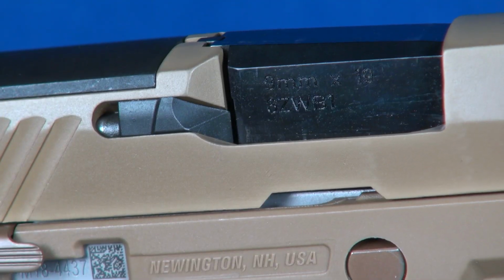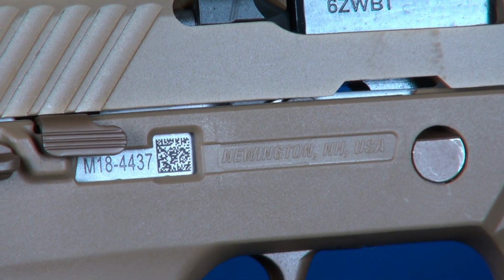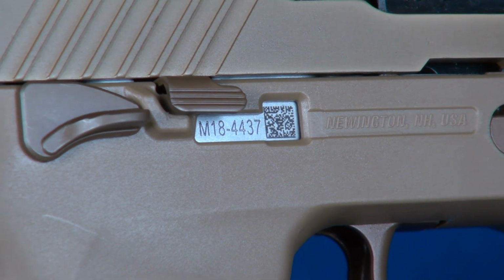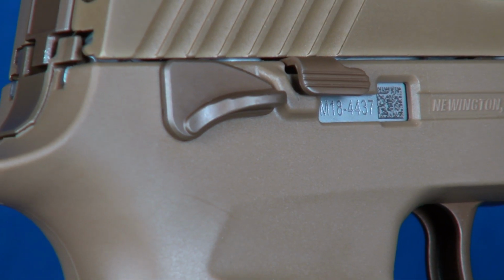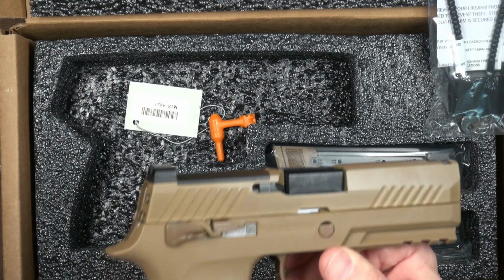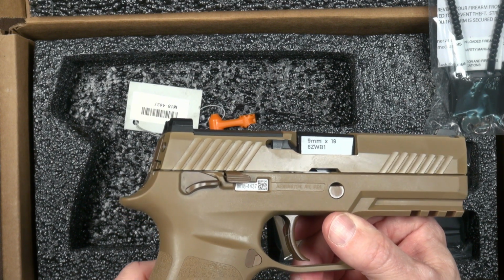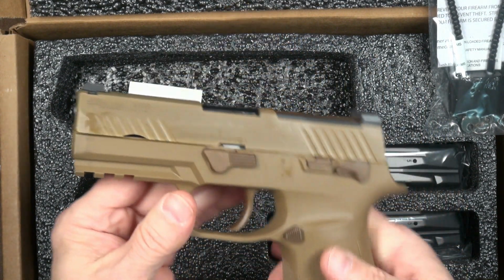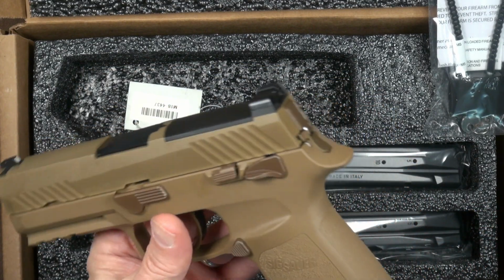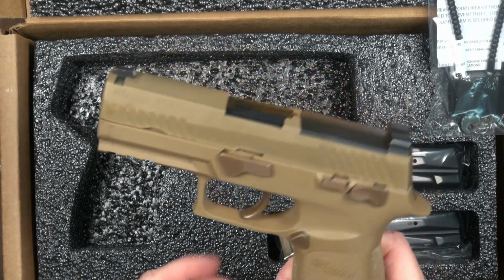On the internal chassis, which is the actual registered firearm, is the serial number, and that is also unique and celebrates the commemorative. And they all start with M18, and then this one ends with 4473, again, of 5,000. So we're getting into the last 600 of them with this one. That's not to imply that there's only 500 of these left out there someplace. I have no idea. They could have shipped these first, and